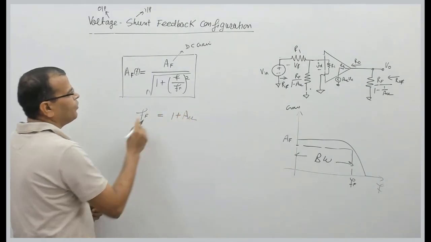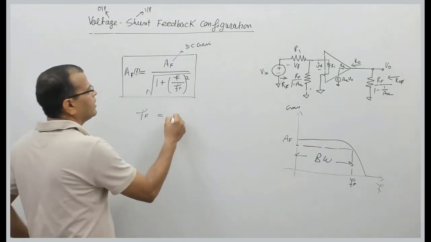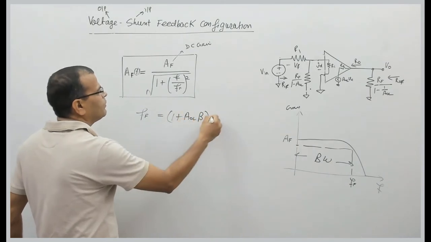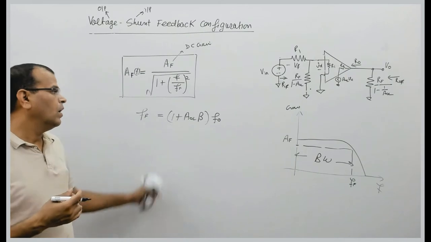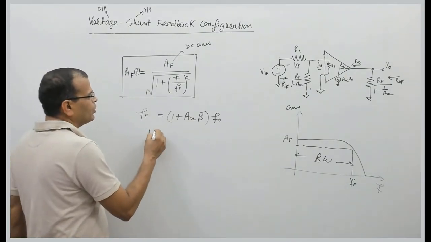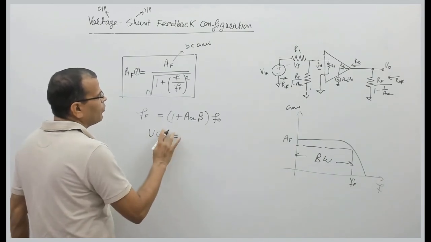That is, cutoff frequency with feedback can be written like this. That is, 1 plus AOL into beta. Remember, the cutoff frequency with feedback increases by factor 1 plus AOL beta, but we know the unity gain frequency of the amplifier, or unity gain bandwidth,